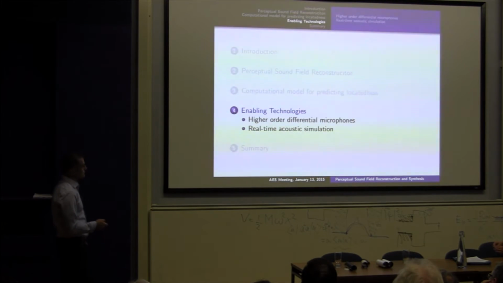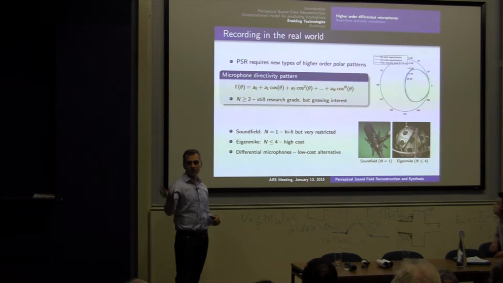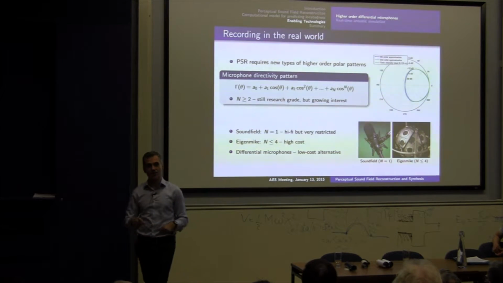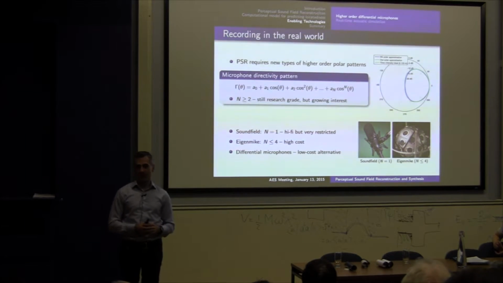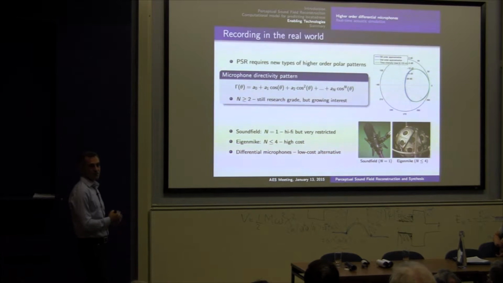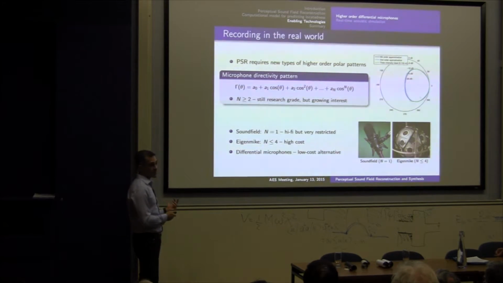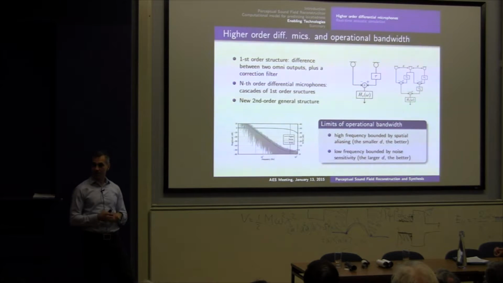Now, that is all fine. So we found a way to put a microphone array and record it. That was all done with simulations and so on. But we said that we actually need to have very specific polar patterns in order to achieve these time and level differences. And now the question is whether we can achieve them, because microphones that are available in practice are low order microphones. Otherwise, they become very expensive. So we were also looking at some ways to actually produce some high order microphones.